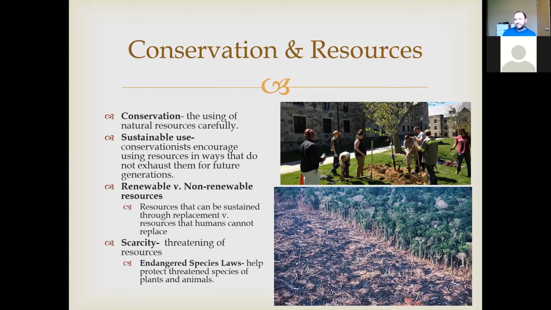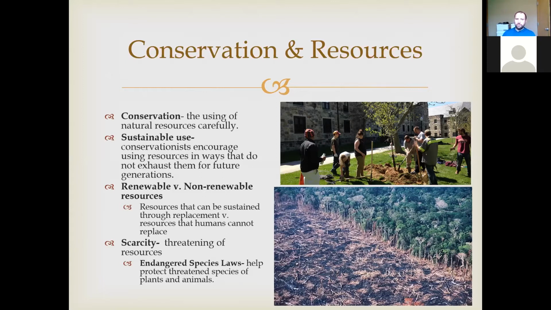And so today's lesson kind of overlaps with some of the stuff I talk about in science, and so I'm not going to dive as deep into it here because it definitely falls more into the science category than a social studies category, but we'll still talk about some stuff.